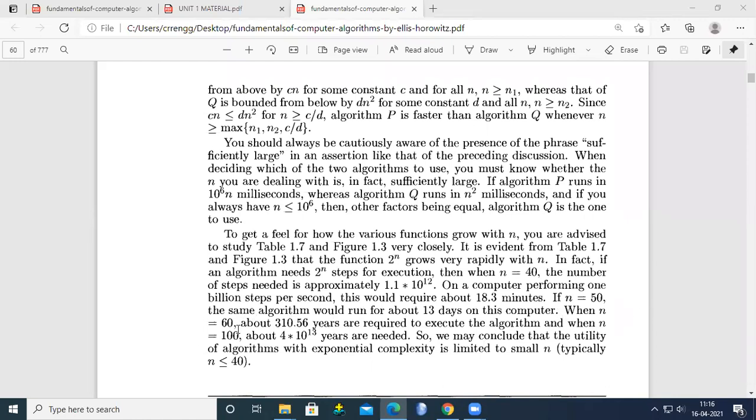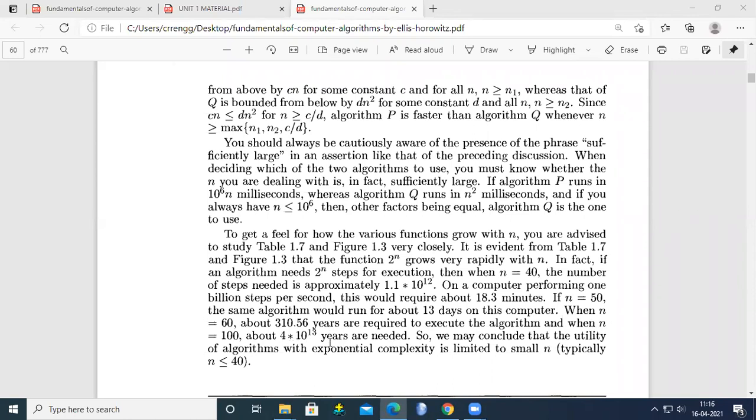When n equals 60, about 310.56 years are required to execute the algorithm. When n equals 100, about 4 into 10 power 13 years are needed. That means when you increase the size of input n to 100, about 4 into 10 power 13 years are taken. So a large amount of time is needed, many years,